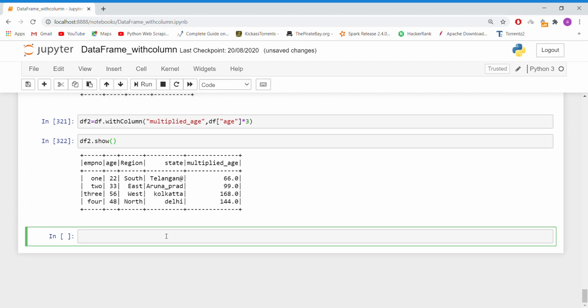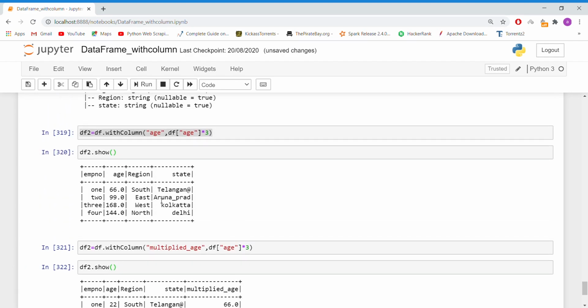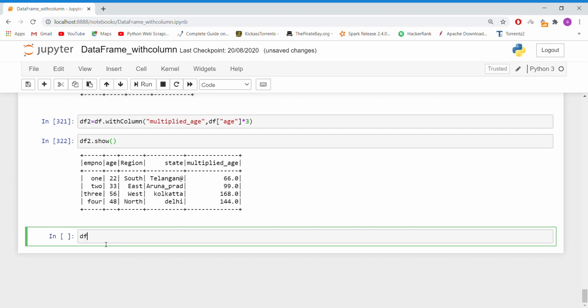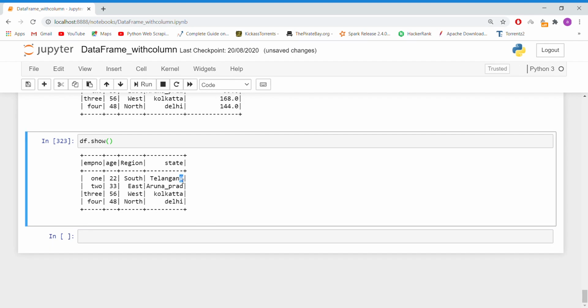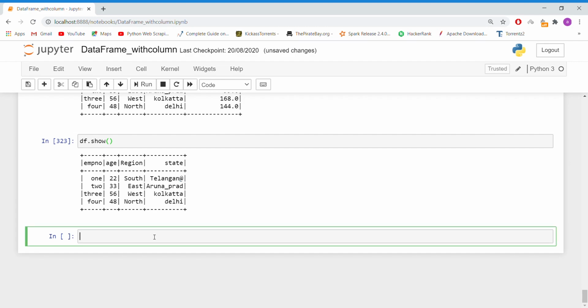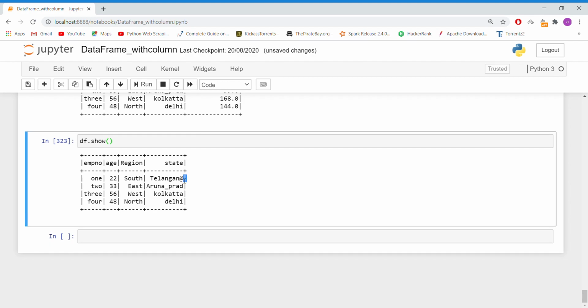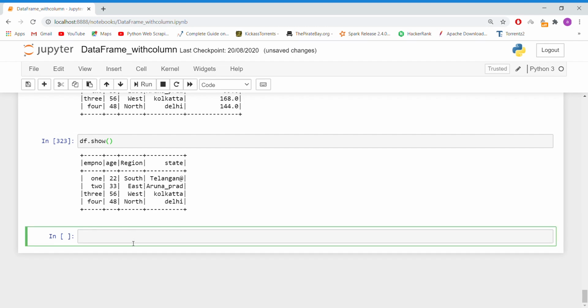Now as I told, we'll be seeing three with column operations, right? Another one is regular replace. Now if you observe the data frame we have, we'll see it here itself. This is the basic data frame. In this we have a special character. I have given this deliberately. In order to remove this, actually the state is Telangana, the spelling has to have an A. Instead of this it is an at the rate. So how to replace the characters in a string, those kinds of requirements can be achieved by using regular expressions.